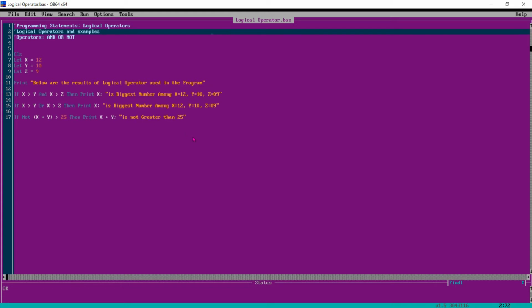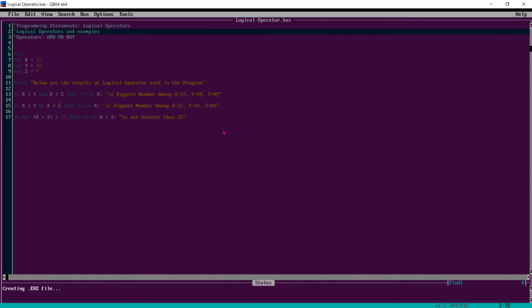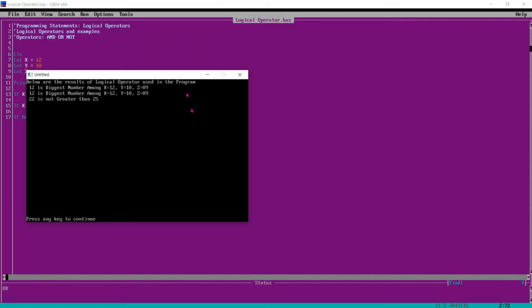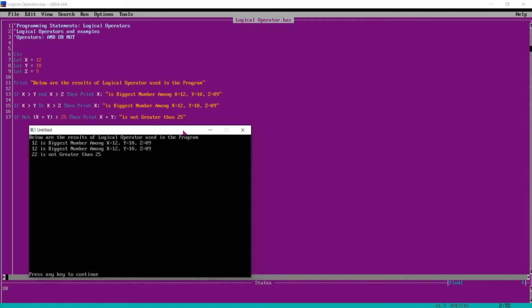Let's see the output. So here you can see the below are the results of the logical operators used in the program, because we printed this line. Then 12 is the biggest number among 12, 10 and 9, giving the right answer.